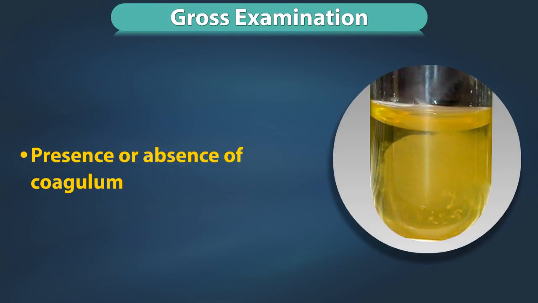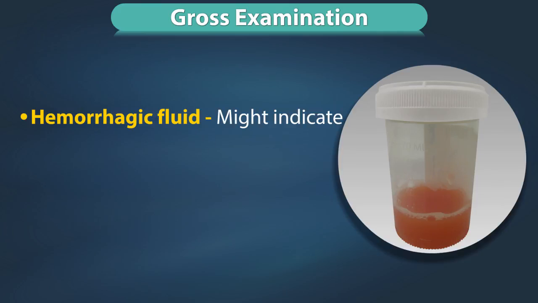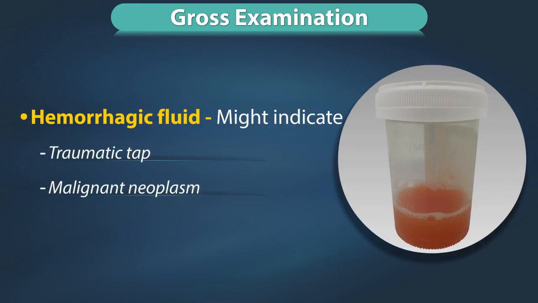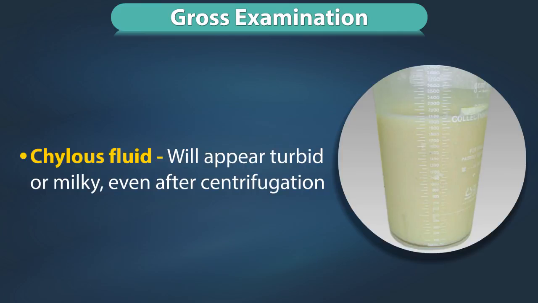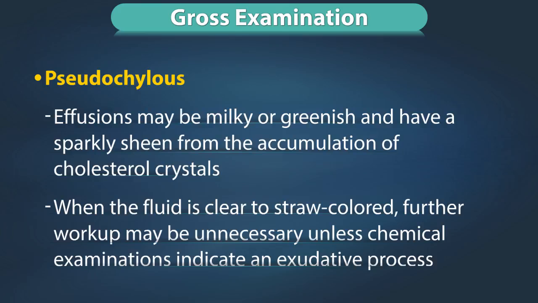Presence or absence of coagulum. Cloudy or purulent fluid is most often associated with an inflammatory process. Hemorrhagic fluid might indicate a traumatic tap, malignant neoplasm, infarction, or trauma. A chylous fluid will appear turbid or milky even after centrifugation. Pseudochylous effusions may be milky or greenish and have a sparkly sheen from the accumulation of cholesterol crystals. Conversely, when the fluid is clear to straw colored, further workup may be unnecessary unless chemical examination indicates an exudative